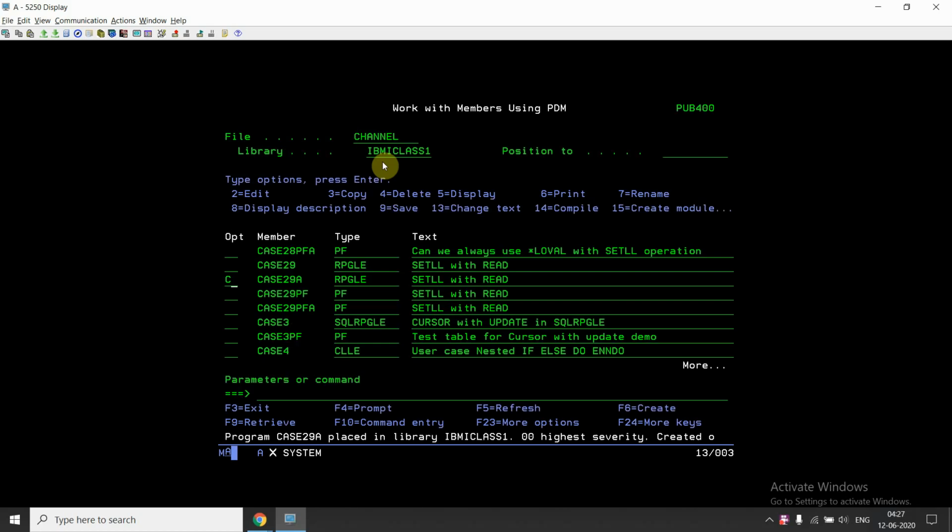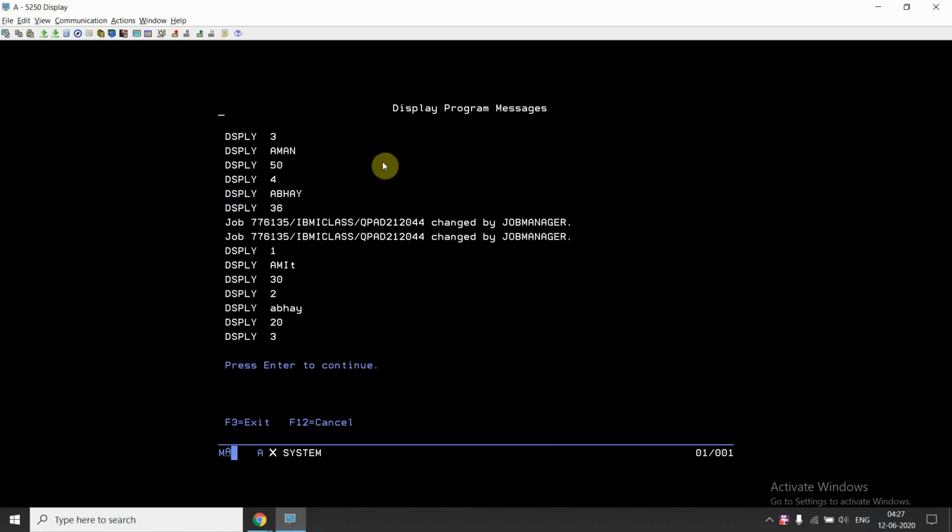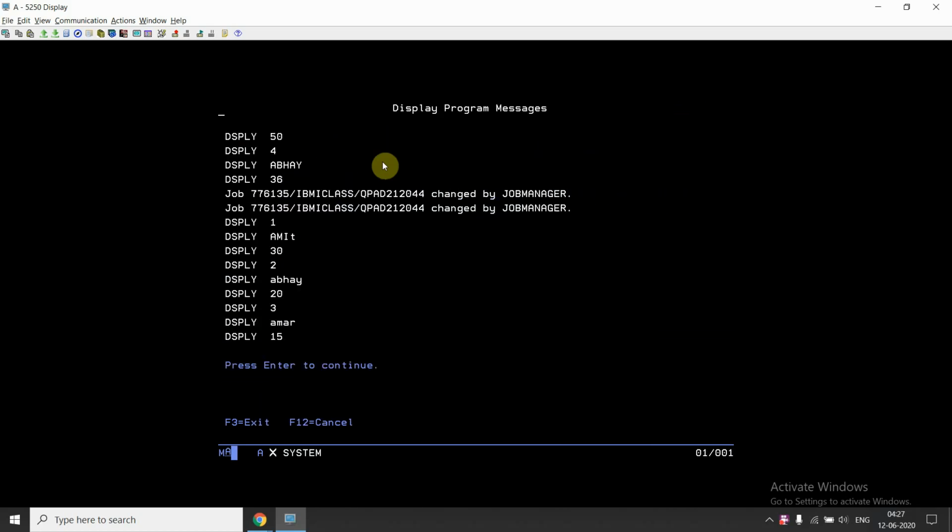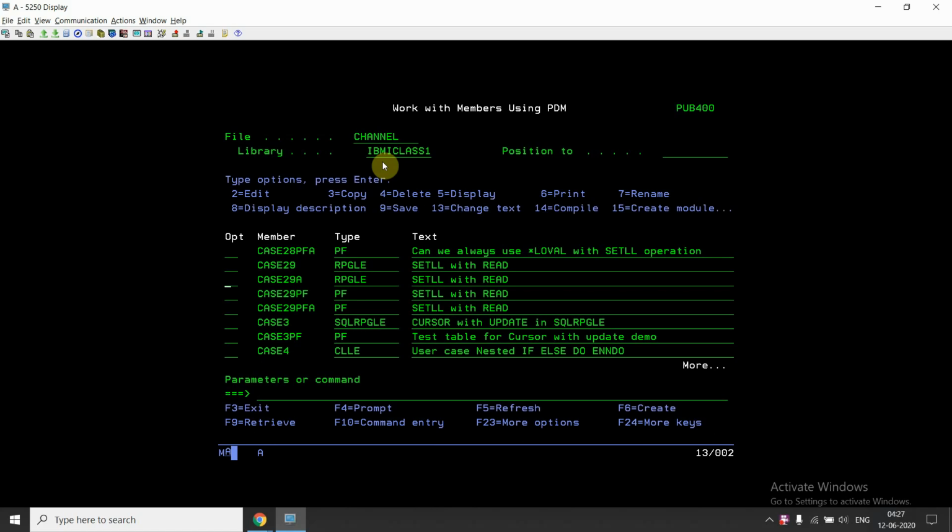This program is compiled. Now I'm able to read 3 records, right? So these are the cases where I can use setll and read operation.